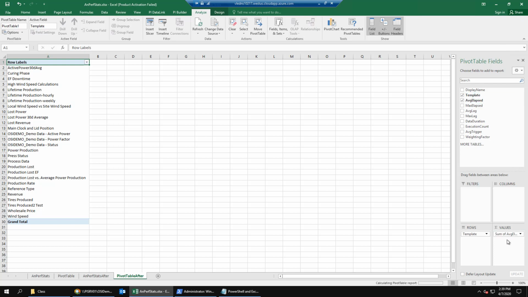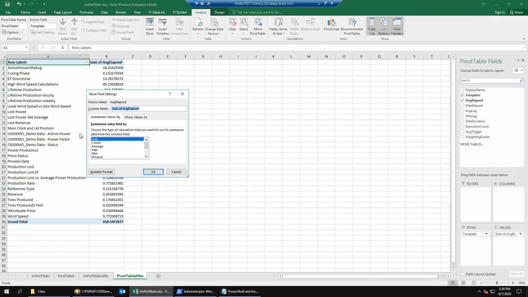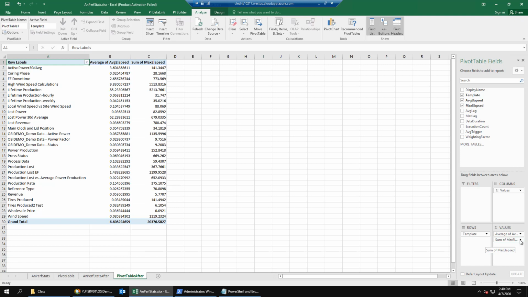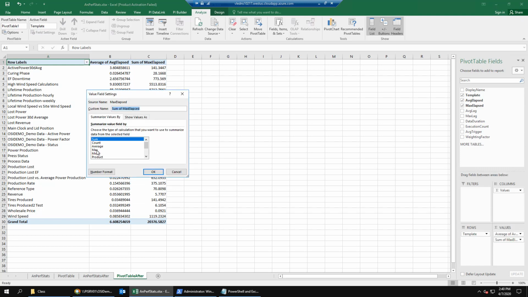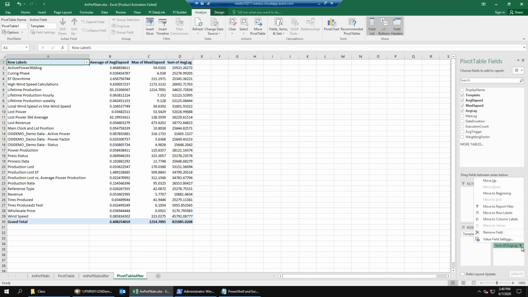So first we'll drag template to rows. Next we'll drag average ups to values. We're going to change this to an average using value field settings. We're going to drag max elapsed to values, and we'll change this to a maximum.